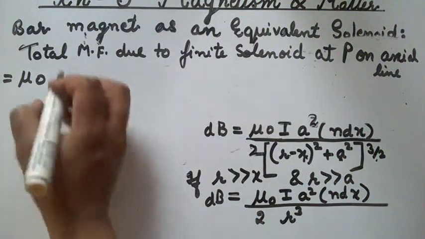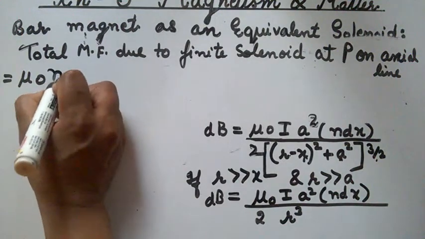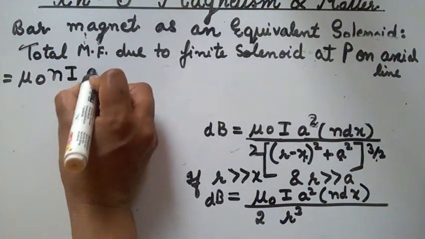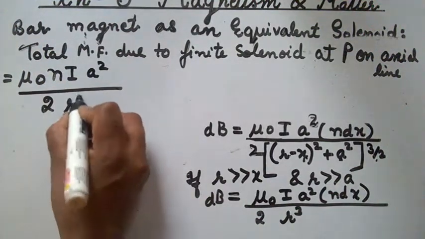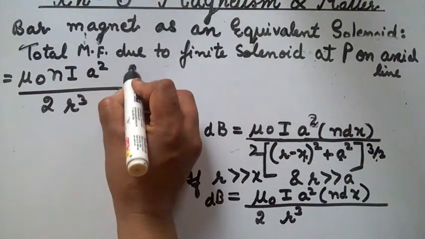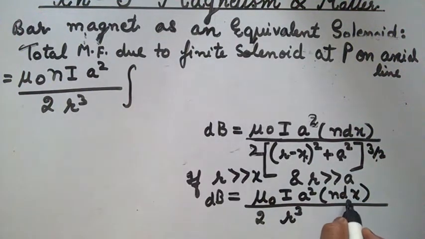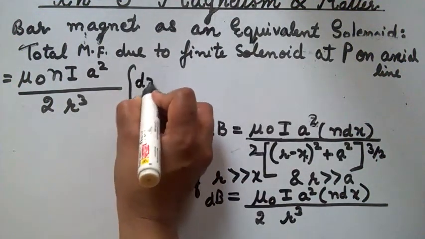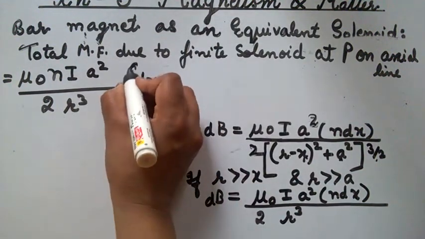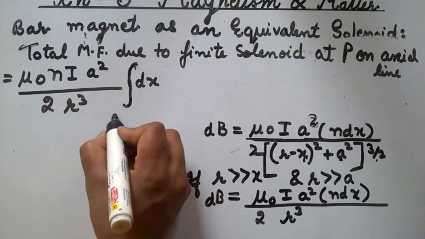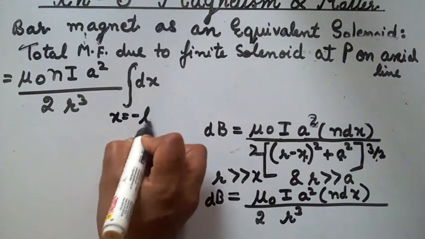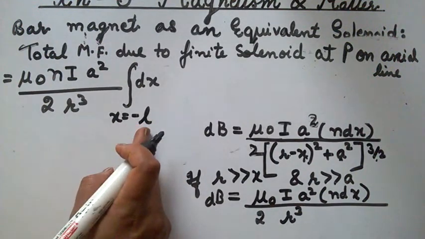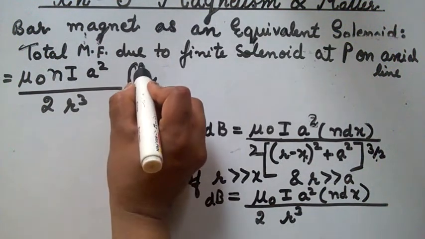All are constants. So it is n I a square by 2r cube, and the integration of the small element dx over x, where the length varies from minus L to plus L,